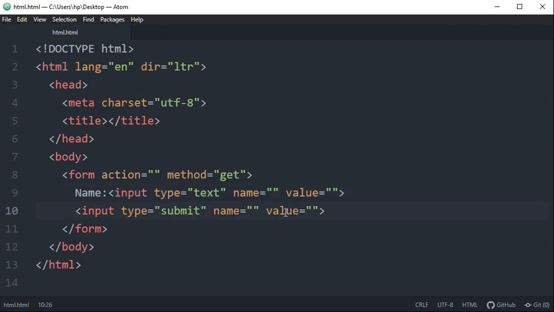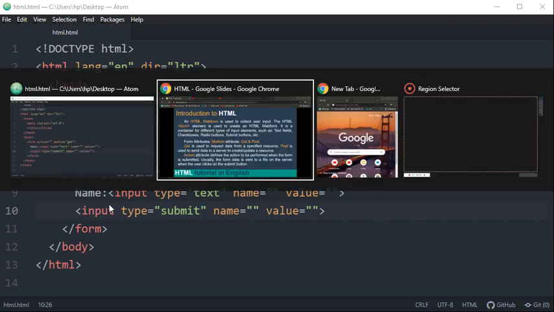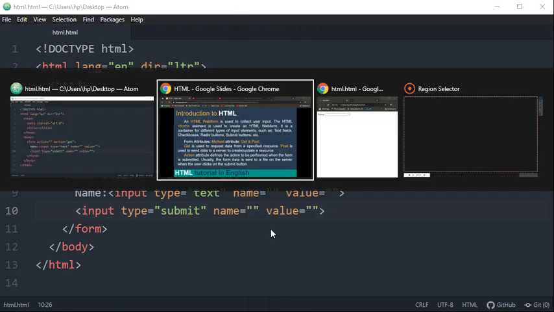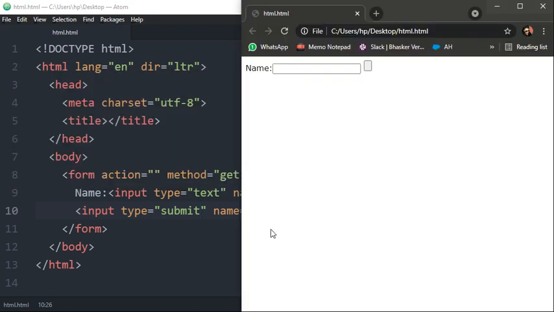Let me show you by refreshing. What I did here is define an input field, and the field type is text. You can enter your text here. This is the submit button, and this is the input text.